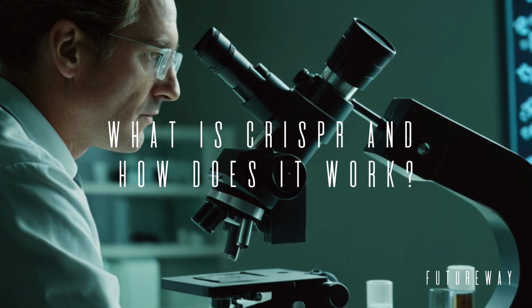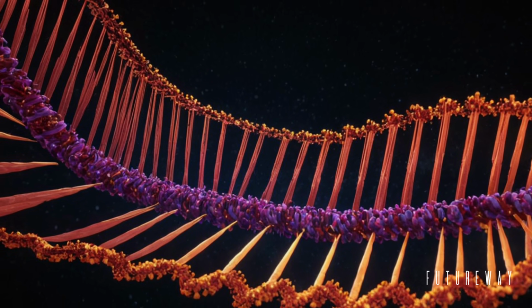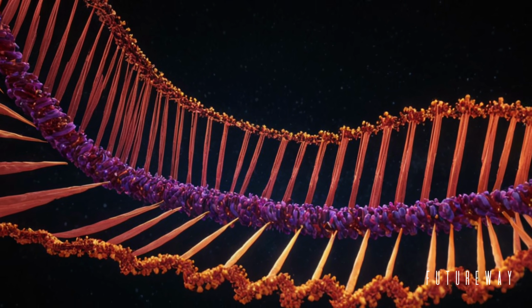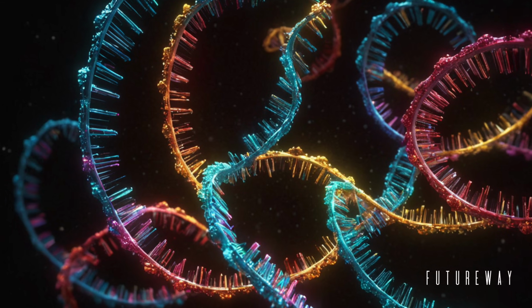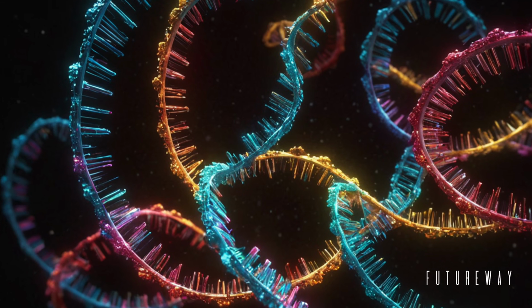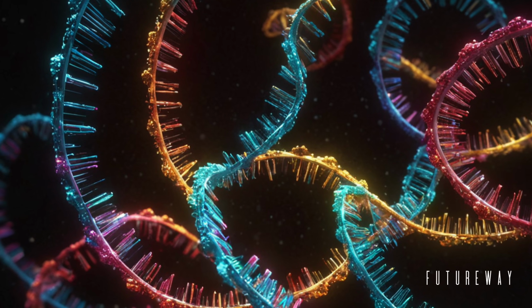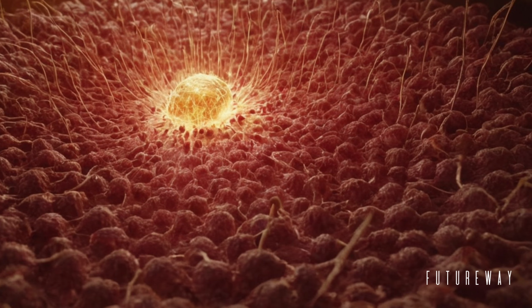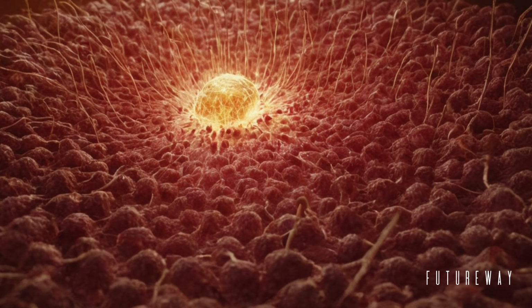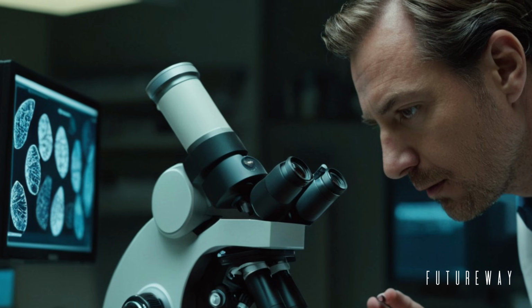What is CRISPR and how does it work? At its core, CRISPR is a natural defense mechanism used by bacteria to fend off viral invaders. When a virus infects a bacterium, the bacterium stores fragments of the viral DNA in its genome, creating a genetic memory. If the same virus attacks again, the bacterium produces RNA molecules that match the viral DNA. These RNA guides pair with a protein called Cas9, forming a powerful complex that can identify and cut the viral